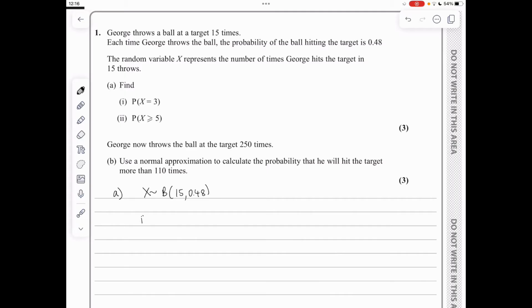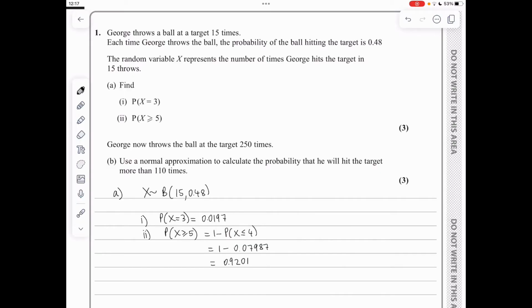0.48. So for the probability of x is 3, we simply plug this on the calculator. We get an answer of 0.0197. And in II, the probability of x being greater than or equal to 5, this will be 1 minus the probability of x less than or equal to 4. Remember that we always need to turn this into a less than or equal statement in order to use my ClassWiz calculator. This is 1 minus